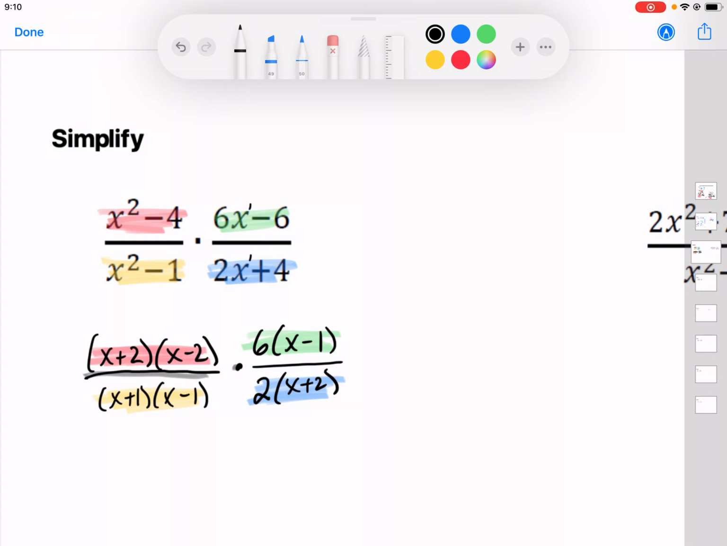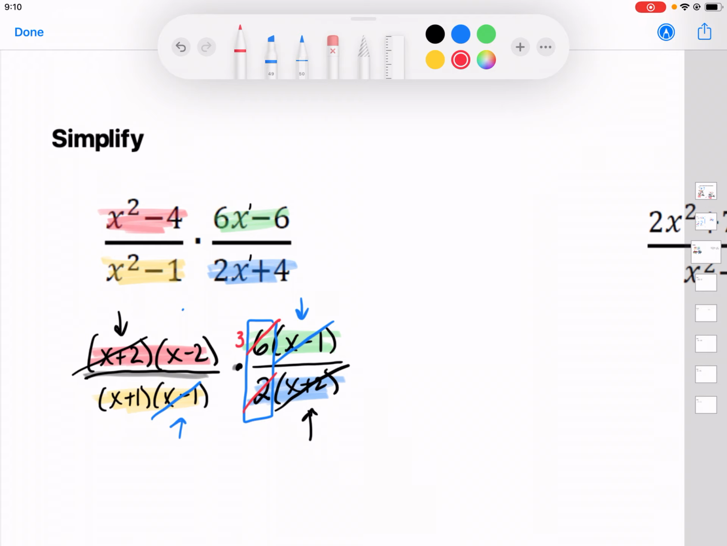So for instance, on this numerator right here, there's an x plus 2, and down here on this denominator there's an x plus 2, so those can actually cancel, as long as one of them's in the numerator, one's in the denominator. There's no other x minus 2, so I'm going to skip that one. We've got this x minus 1, though, right here and right there, so those two can cancel. And then last but not least, 6 over 2, those are both divisible by 2,